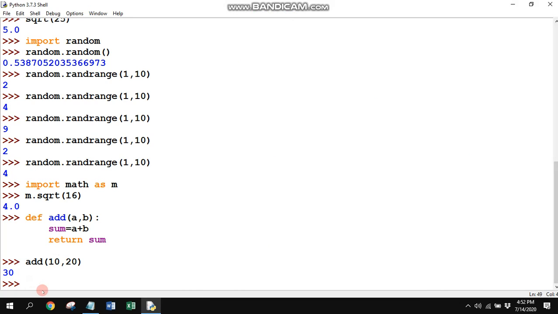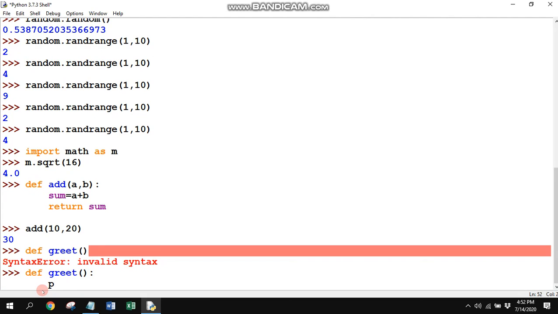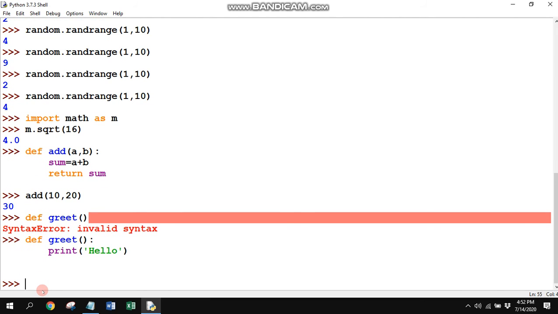I can show you another function once again: def greet, with no parameters given, and here I put a colon and write print hello, and call the function greet.